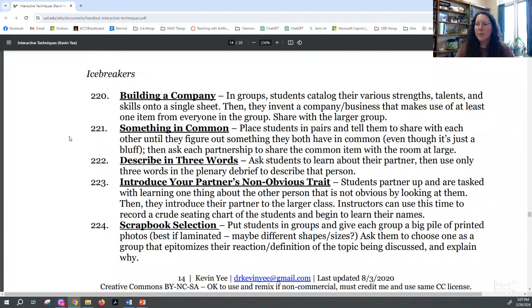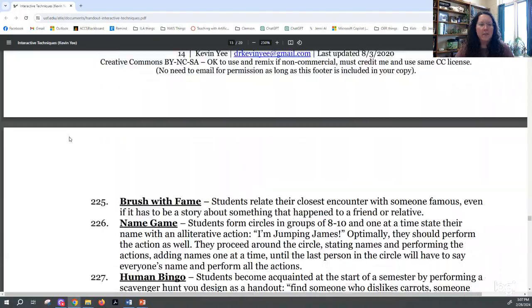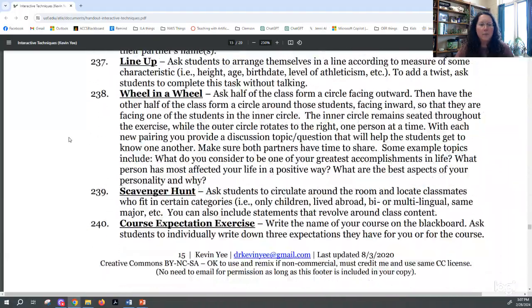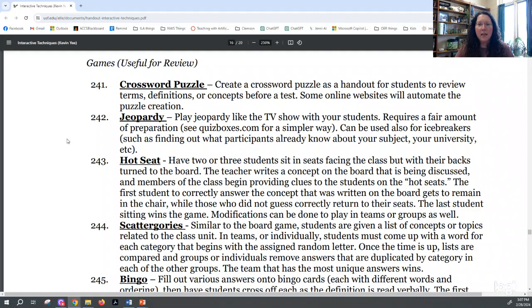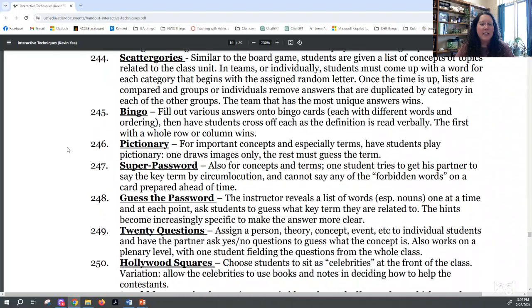Icebreakers, some great options there that we can use as well. Crossword puzzles and games, they love that. Jeopardy is one that I especially like. I've got a template I will send out to all of you as a follow-up to this PD session, and I will send out another one that is Wheel Decide, which is kind of like tossing the beach ball around, but it can be used virtually, or you can put more questions on it instead of having so many beach balls in your classroom. But they love doing games, and so there's a lot of easy ones that can be used.